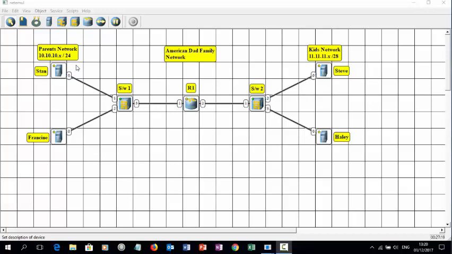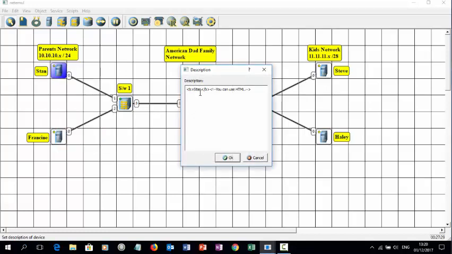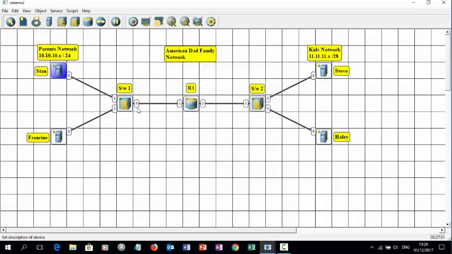So what I've done here in this network, I have everything set up as you see. I have the names of the PCs changed in the background for the log, so I went right click, if you remember, and set description, and I've changed to the relevant names. I do the same for the switch and switch 2 over here as well, just so we can follow them as we go through. Now I've specified up here that the parents network is